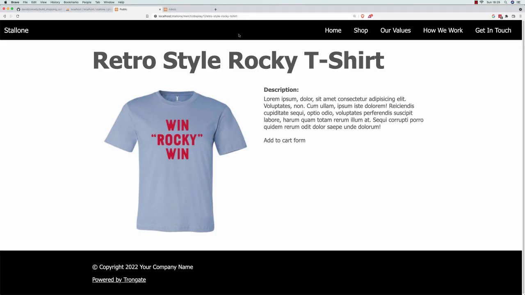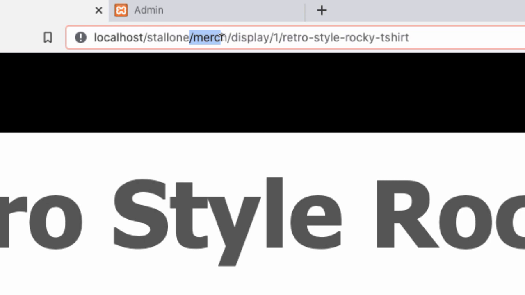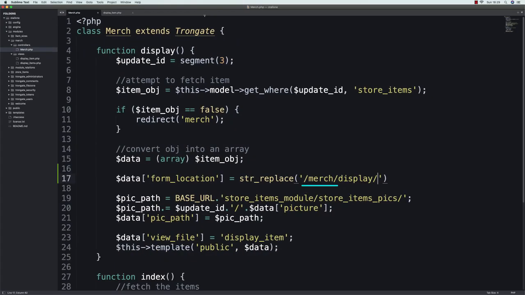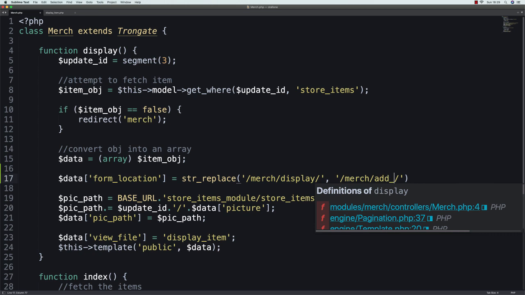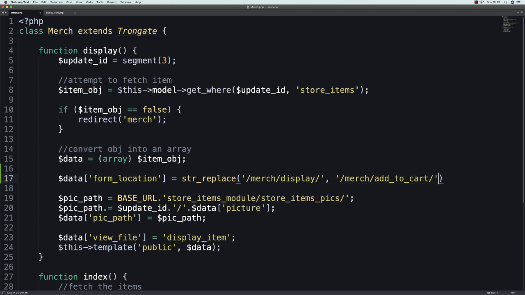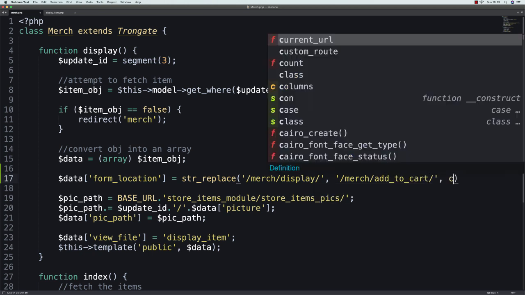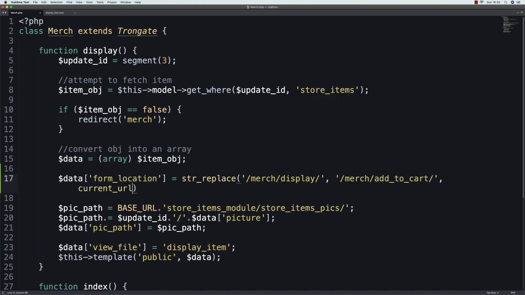Now have a look at the URL. You'll see we've got /merch, /display, /. I'm going to copy that, paste it in here. Then we're going to replace it. But instead of it saying /display, we're going to say add to cart. And what are we going to do that to? The current URL